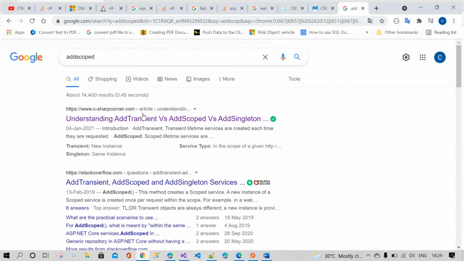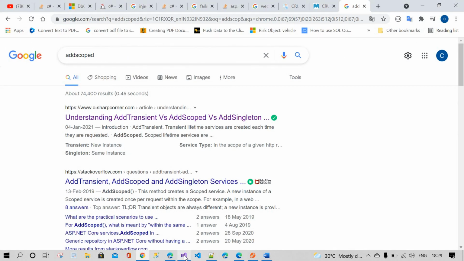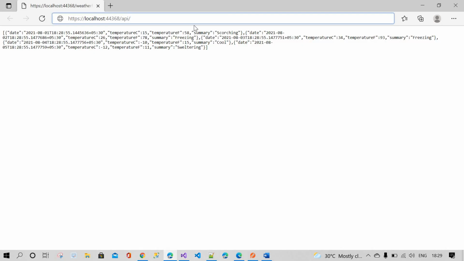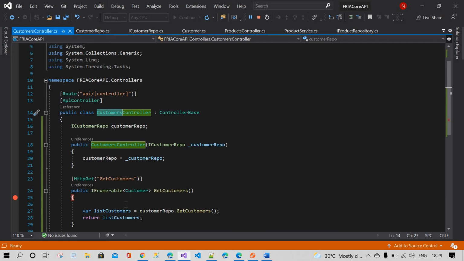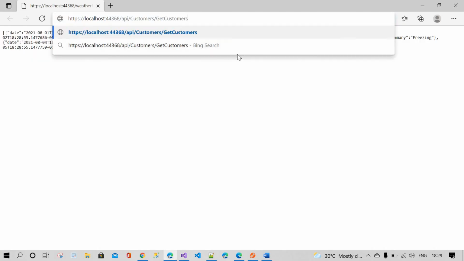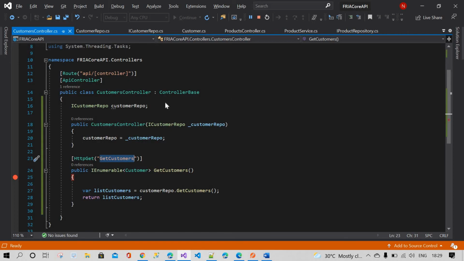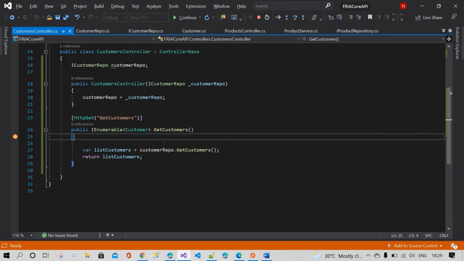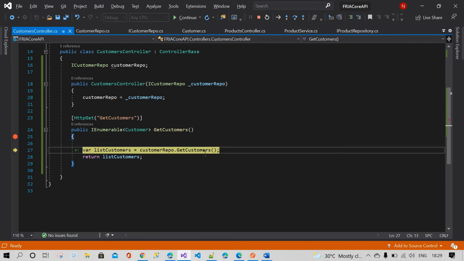The controller name is nothing but customers. After that, this is the method we have to call. Based on this routing configuration, the request will identify which controller action method it needs to hit. Already hit here, so I'm going to debug.